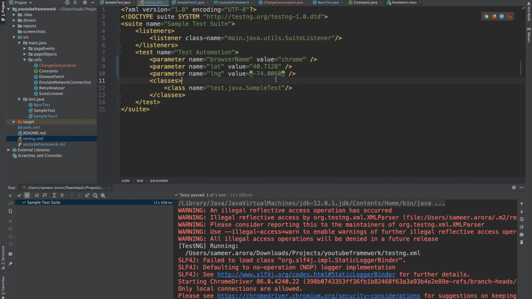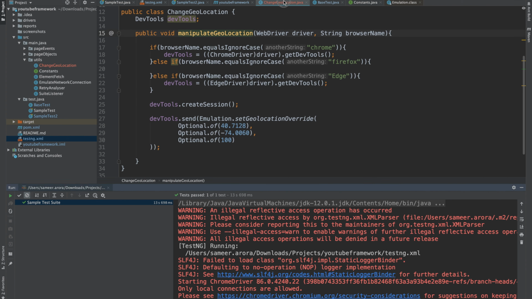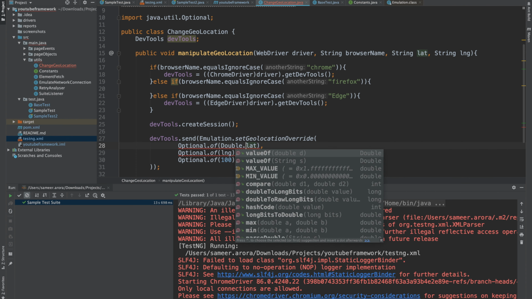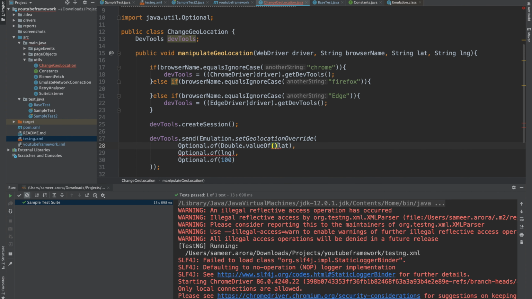So what we will be doing now, we will be parameterizing this particular method here so that it picks the value which we will be sending from the testng file. And we will be putting lat here and long here. As these are strings, we need to convert them to a double, which we can do using Double dot valueOf, and similarly for the longitude.